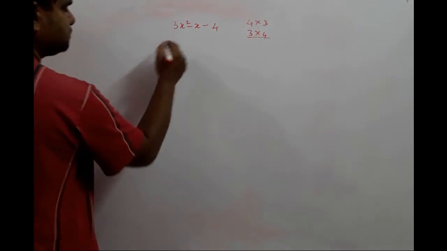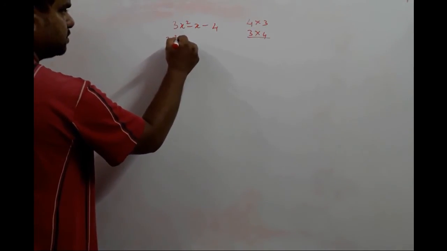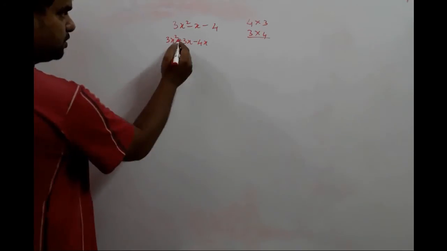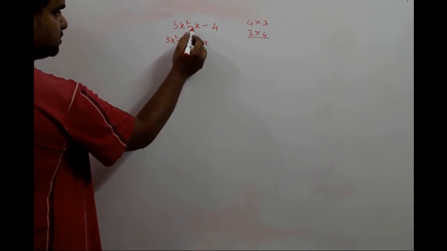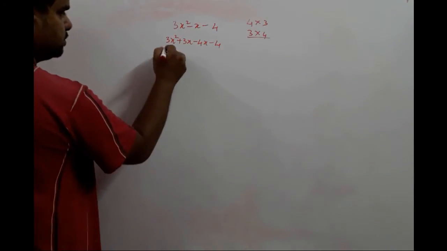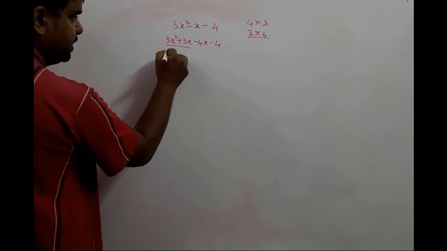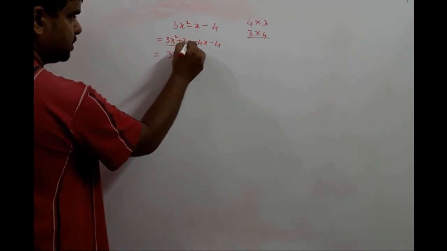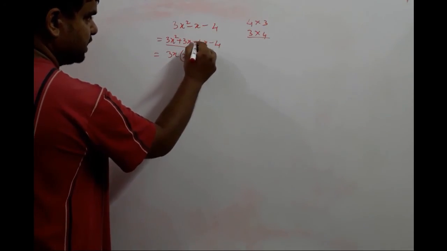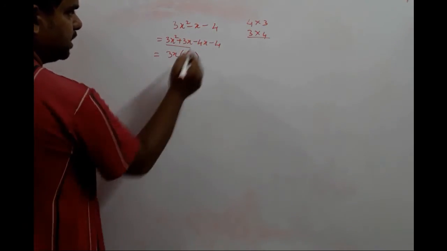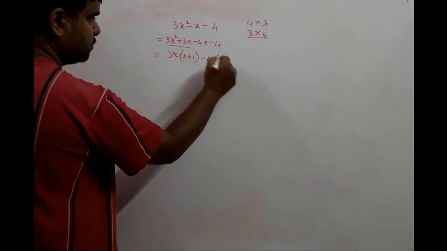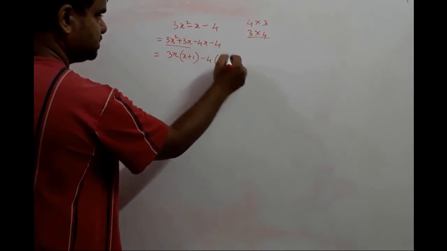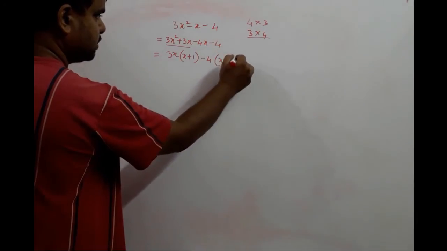We will take this one. So 3x square plus 3x minus 4x. Why minus 4x and not minus 3x? Because the sign of the greater number has to be negative, and this is minus 4. So we will take among this what is common, 3x. So we put equal to sign here, 3x. What remains over here will be x, and what remains over here will be 1. Here we can take negative sign common because it is common to both these terms, and also 4 common to both. So negative 4 we put, what remains over here is x, and since the negative sign is taken common, it will be plus, and since 4 is taken out, 1 will remain.